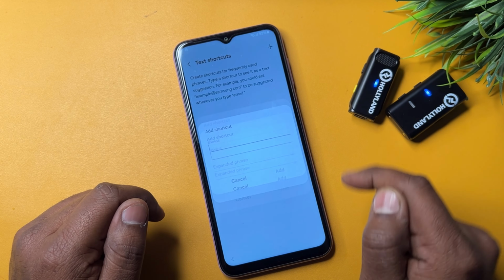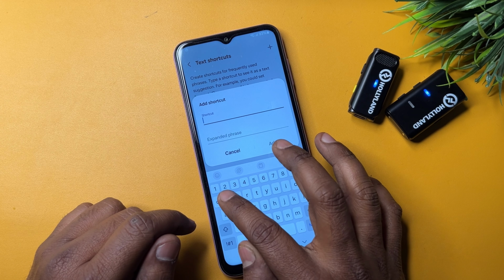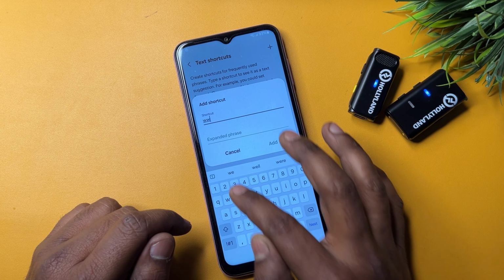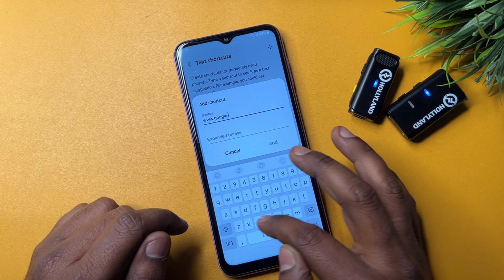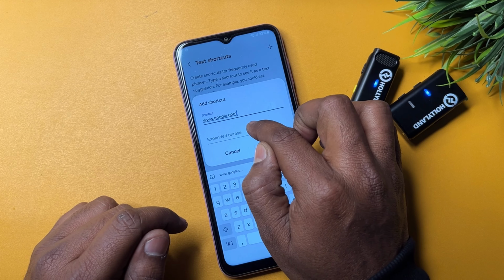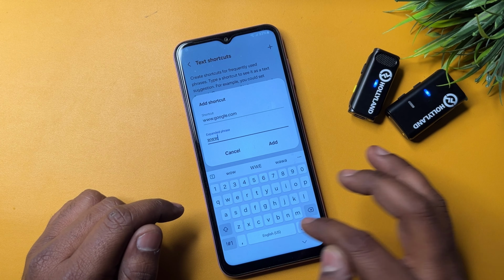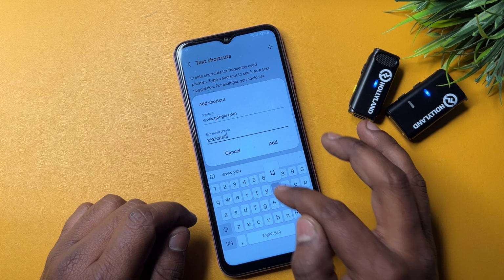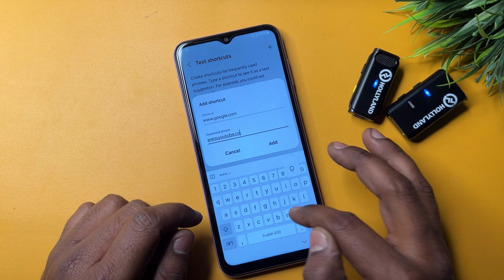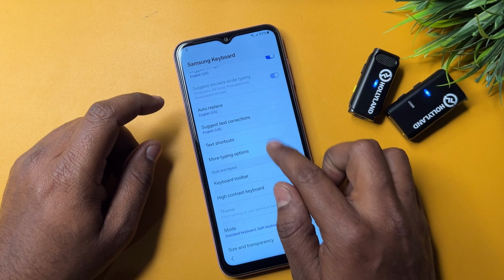So you have to click here, and here you have to type a message, www.google.com, and on the second line you have to type www.youtube.com and click add. After that you have to go to the main screen,